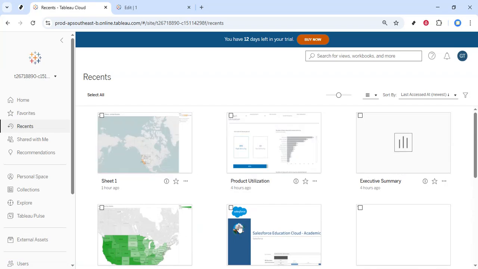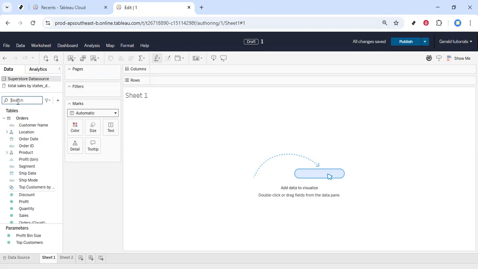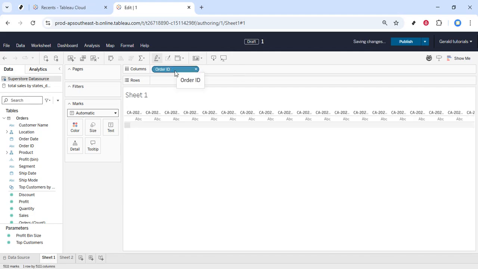Next, focus your attention on the table section located on the left side of the workspace. Here, you'll find a variety of fields that you can drag and drop into your visualization area. For our scrolling table, you'll need to drag the order ID field into the columns section. This action sets up the basic structure for your table, as order ID will serve as a key identifier for